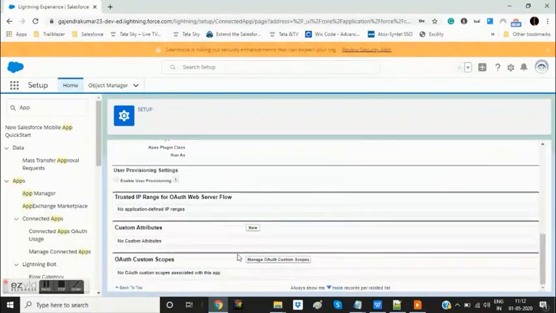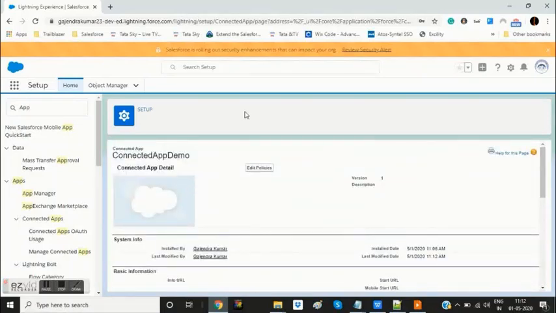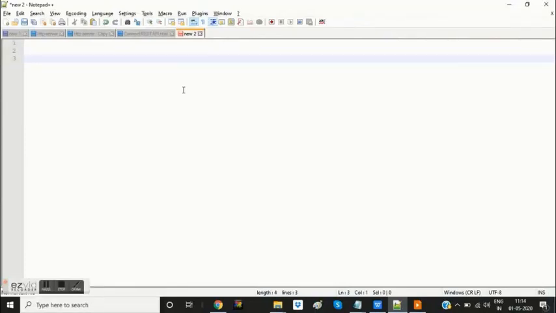Now if you scroll down, you can see that manage profile and manage permission set tabs have disappeared. So by this time our app would have been active and in effect. Let us see if we can access it or not, or whether we get any response from it or not. What we are going to do is hit a URL to see if we get any response from Salesforce or not.